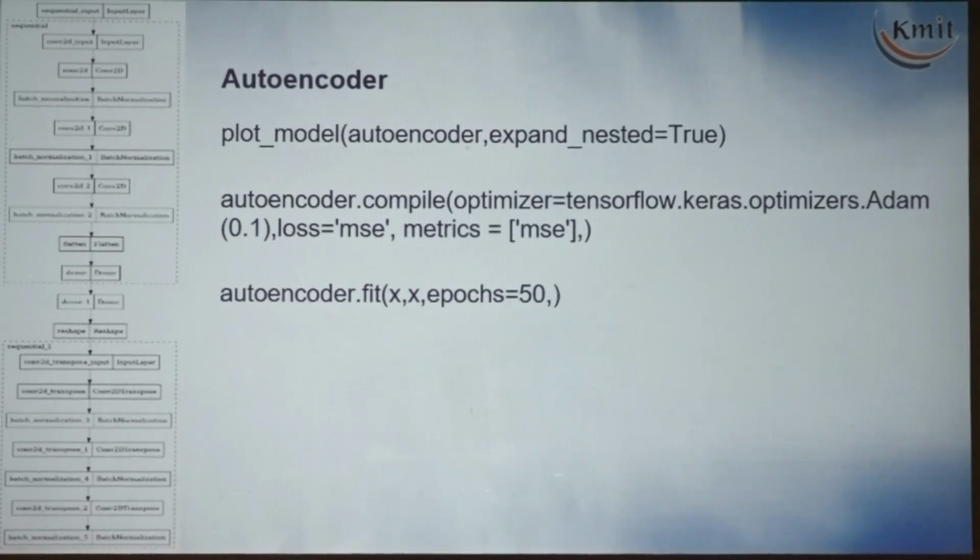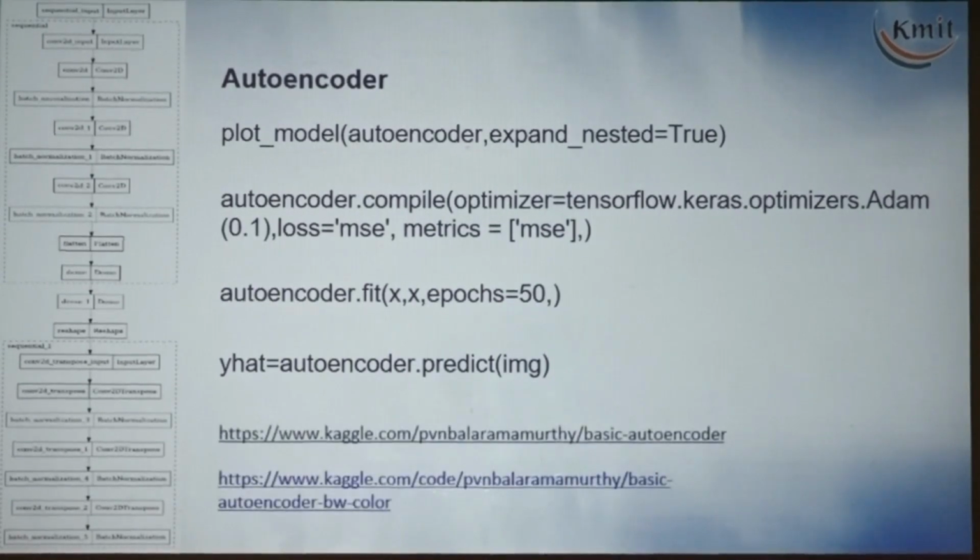And if you want another model, let us say for example, you want to give the black and white image and you are expecting the color image, then you have to change this. Of course, according to that, you have to change the model also. How you have to change the model, I will explain. Okay? Now we are predicting. Y hat = autoencoder.predict, I am giving one image so that we will get one regenerated image.